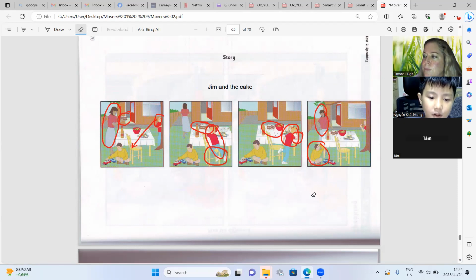Jim is playing with his toy cars. His sister is watching him.